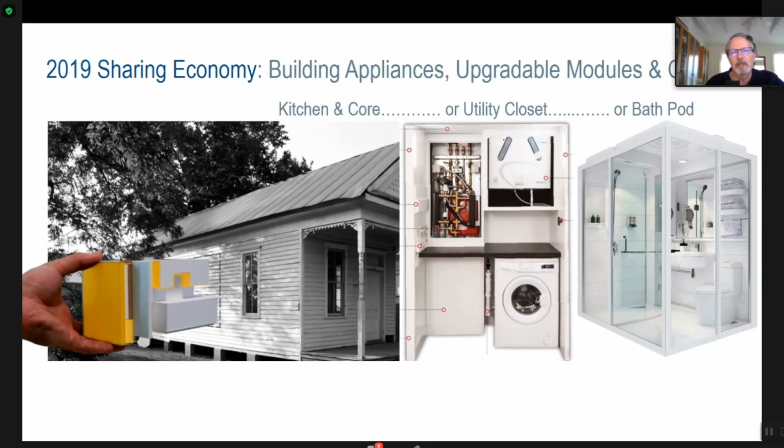So instead of bringing in a construction crew every time and demolishing things and restoring it piece by piece, these are modules, and you actually don't pay for the module up front. You're paying a monthly subscription. It's like leasing an automobile. The right module gets plugged into your home when you need it, and it has a bunch of features that get upgraded over time, and you can decide when you want the newest module. So think of a bathroom as the new iPhone. It's something that you can skip a couple of versions of, but then this is a really nice version that comes out, and you want those features.